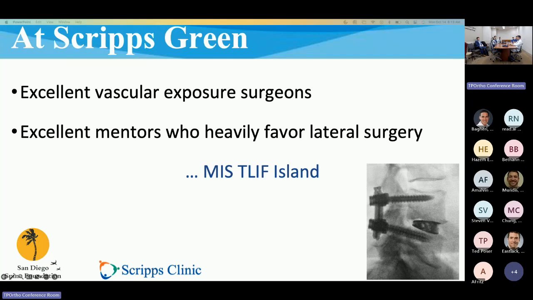Okay, so more early experience. So this is a 64-year-old woman, has an L4-5 spondy that you see there, a transitional segment, and the classic sort of psoas anatomy from a transitional segment where you've got the